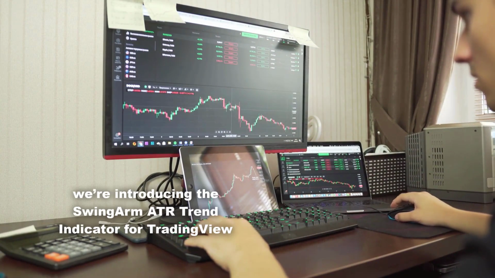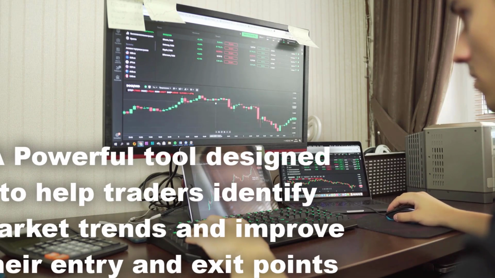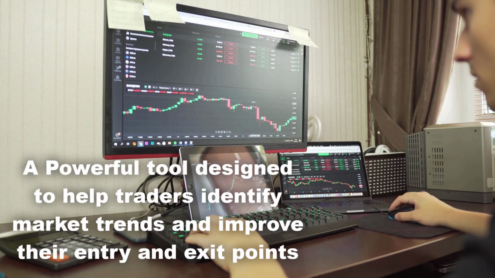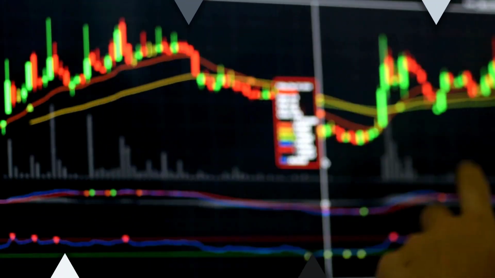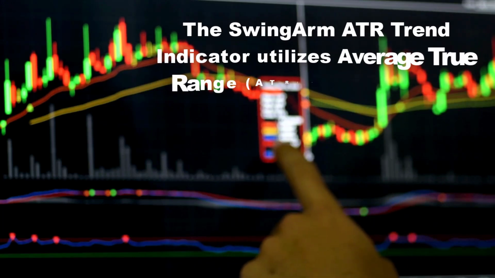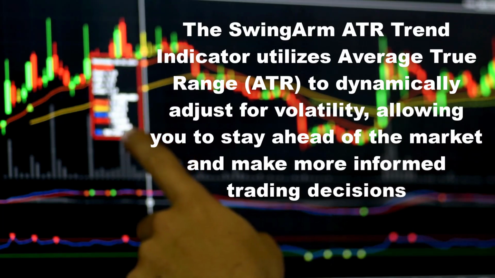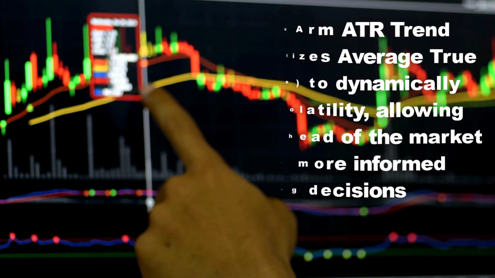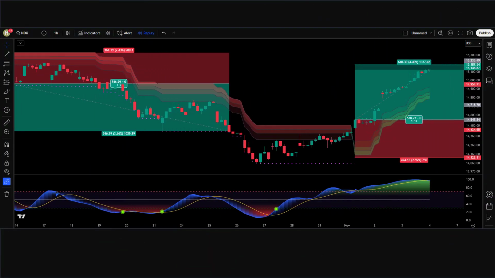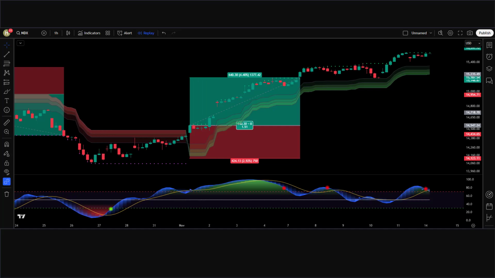In this video, we're introducing the SwingArm ATR Trend Indicator for TradingView, a powerful tool designed to help traders identify market trends and improve their entry and exit points. The SwingArm ATR Trend Indicator utilizes average true range, ATR, to dynamically adjust for volatility, allowing you to stay ahead of the market and make more informed trading decisions. Whether you're a beginner or a seasoned trader, the SwingArm ATR Trend Indicator will help you track trends more accurately